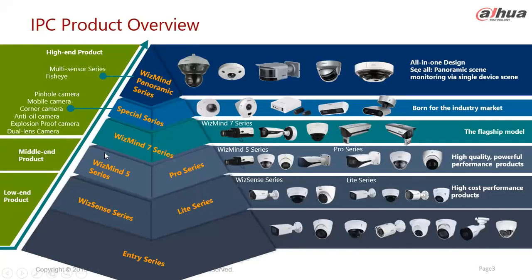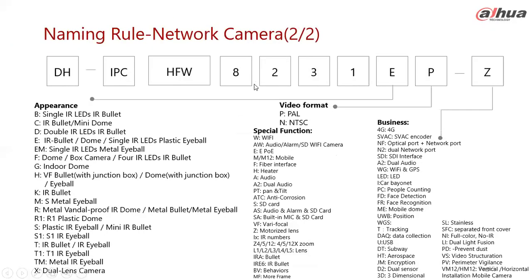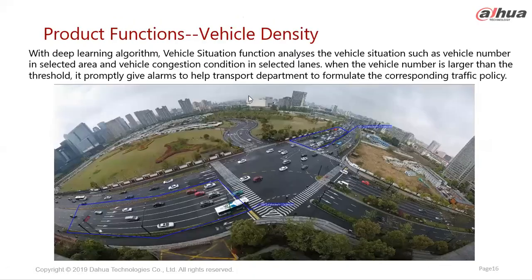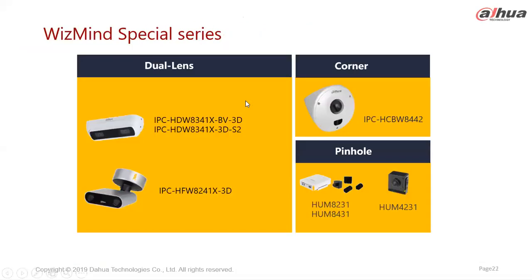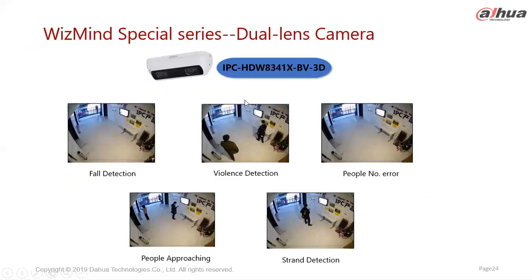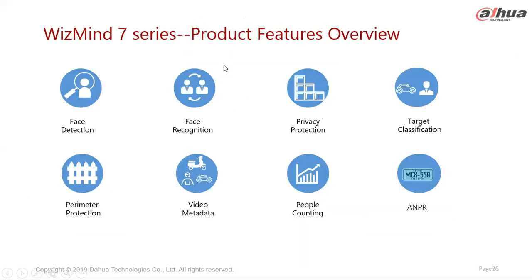So we are going to now move to WizMind 7. The hierarchy is like this. We begin with the WizMind panoramic series, then the special cameras, then WizMind 5, WizMind 7 as we go down. So we are at WizMind 7. In the local market in Kenya, the WizMind 7 cameras are only for project-specific cases. This is because the cost for such cameras is quite high. At the same time, the AI functions are